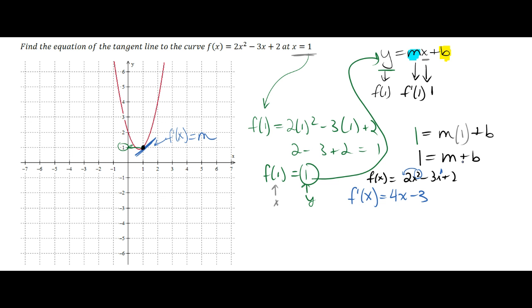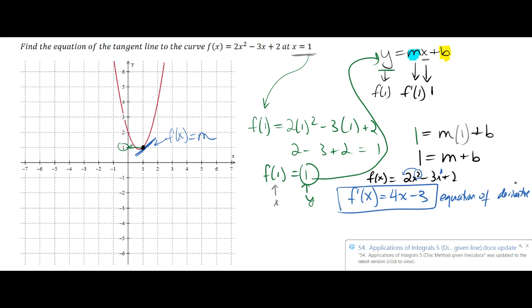Okay, so then what we're going to do is, we know that this is the equation of the derivative, which for any x value of this function will identify the slope of the line tangent to the curve at that point. So what we can do here is substitute in 1, because that's the x value that we have,